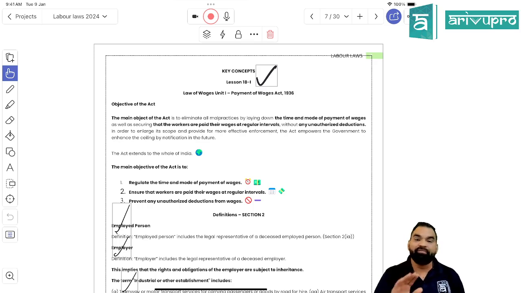That's it. We have done with the Payment of Wages Act. Everything has been done. We have done with section 1, that is applicability. Section 2 is about definitions. I think I have left the provision of definition. Section 2 clearly states that the rights that have been provided to the employee will be passed on to his legal representative, and the obligation that has been imposed on the employer is going to be passed on to his legal representative, because legal representative comes under the definition of employer and employee.